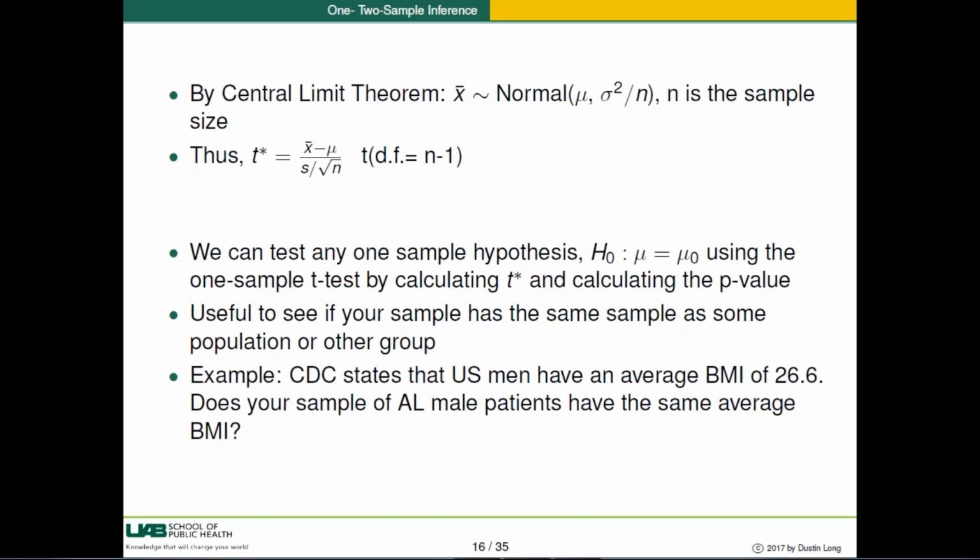Calculate the p-value. It's useful to see if your sample has the same mean as some population or other group. For example, the CDC states that U.S. men have an average BMI of 26.6. Does your sample of Alabama male patients have the same average BMI? So I can take the sample of the men here in this room, calculate our BMI, take the average, and run a t-test to see if it was equal to 26.6. Mine is